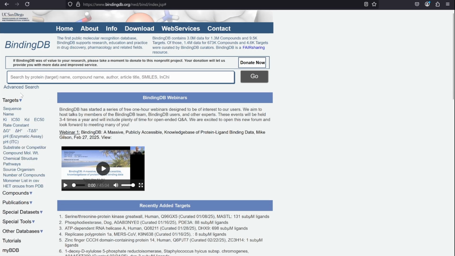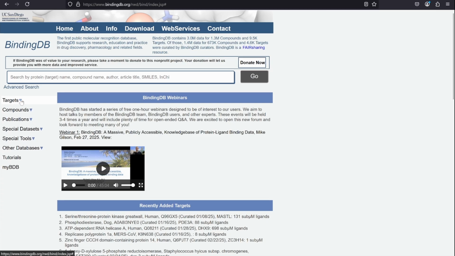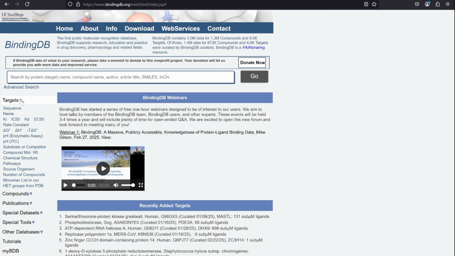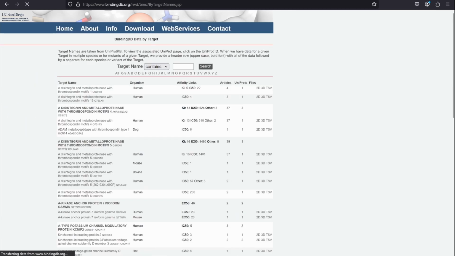So here you can go to these different options, and you can try to identify the protein and the respective ligands that they have the data for. You can search for the different targets, for example, through names. So if we just, let's say, randomly,